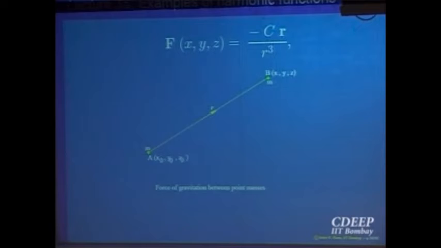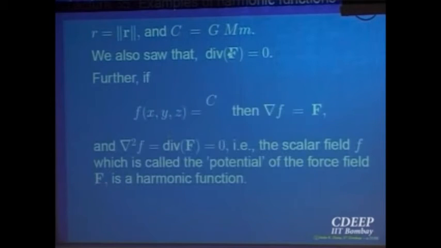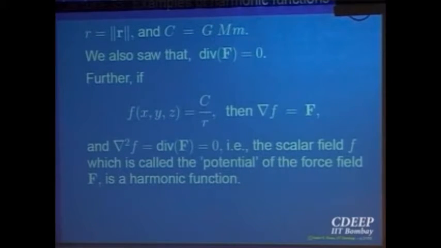So what will be the divergence of that? Divergence of capital F is equal to 0, right? Radial function, we have seen it already. If F is radial, divergence of that is equal to 0, that we have already proved. But what is divergence of F in terms of the potential function? F is equal to gradient of small f. So what is divergence of capital F? That is del square of small f. So that means del square of small f is equal to 0, so small f is a harmonic function. Okay, the potential for the gravitational force field is a harmonic function. So that is another way harmonic functions arise.